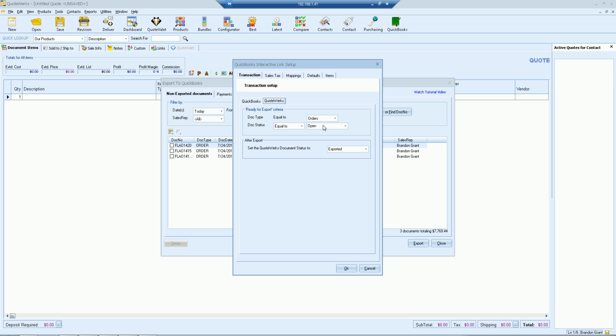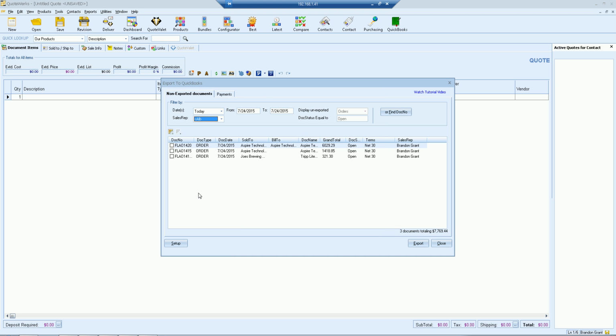Now, I have mine set up here, and I'm going to show you how to get here, but I have mine specifically defaulted to only sending over orders to QuickBooks. The reason I have it set to orders is I don't want all my quotes showing up in this non-exported documents list. If all my quotes showed up, I have 750 quotes that I would have to file through and figure out which ones need to be exported over to QuickBooks. So by going into my setup,